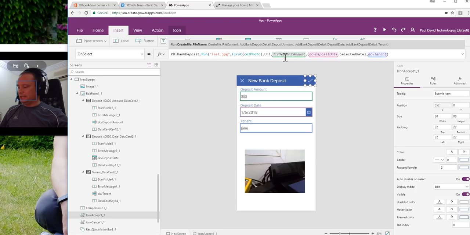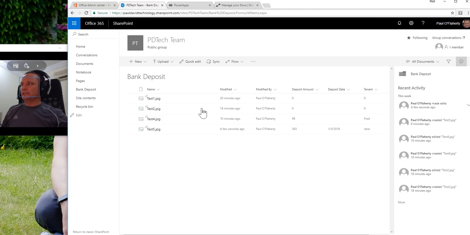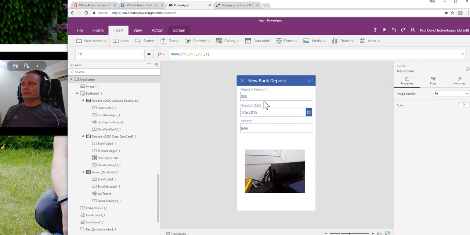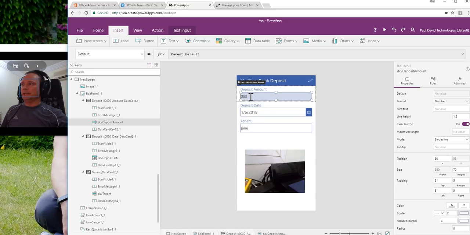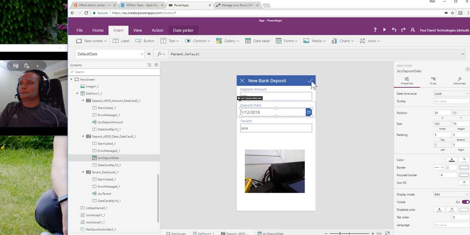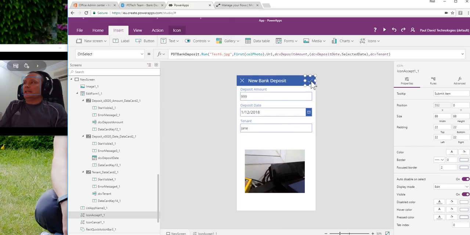I'm going to change the file name again to test6. We don't currently have a test6 in our SharePoint library. So here we are, amount, let's make it a new amount, let's make this 999. We'll change the date to show that the date is now working properly, just any date will do. And we'll hit the tick, and off it runs,